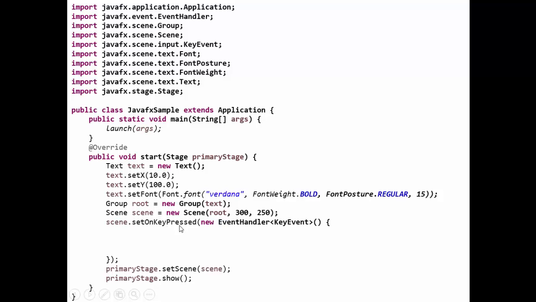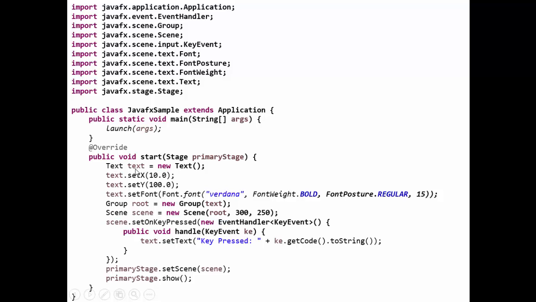Now in this example, you should be surprised that in the previous mouse example we had written a reference to a mouse handler, but over here we are defining the class itself within this method. See, this method is started, it is ended over here, and in this method, we are defining this class, again the inner class concept, new EventHandler KeyEvent. And in that, what method do we want to have? Public void handle. And the event type is KeyEvent, KE.